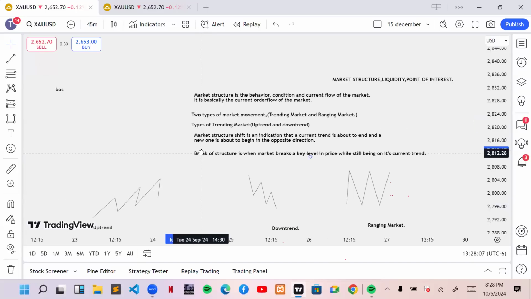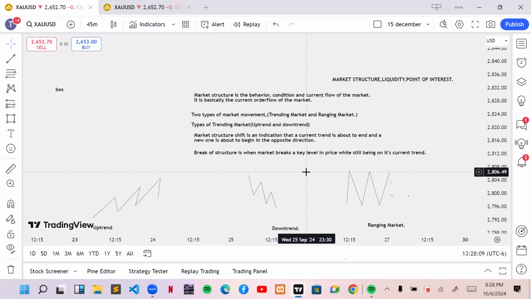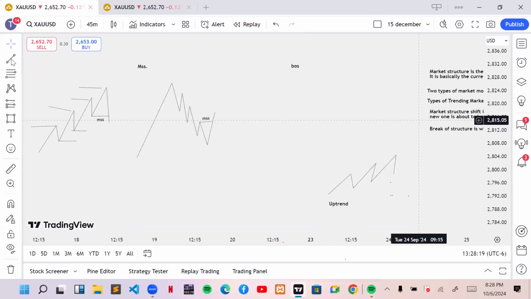So break of structure is when the market breaks a key level in price while still being on its current trend. Now, this key level can either be a support zone or a resistance zone. That is what a key level is. So let me give you a clearer example of what a break of structure is. Let's say this